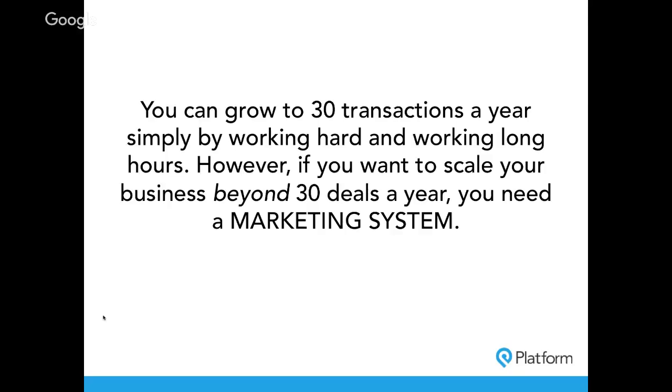What happens is you hit about 30 transactions a year and you literally run out of hours in the day to do more, right? So it doesn't even matter how ambitious you are. You don't get 25 hours a day just because you're ambitious. You get 24, right? And so if you want to double your business, let's say you hit 34 transactions last year, so if we approximately double 34 transactions, it's about 70 transactions a year, right? So let's say you're really ambitious. You want to double your business from doing 34 to 70 deals a year, right?